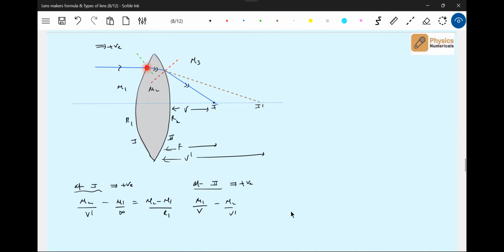Object at infinity, image is formed at I dash. Now I dash will act like an object for the second surface. Image is formed here. So then, don't substitute any sign. We are not substituting any sign here. Adding up these two,